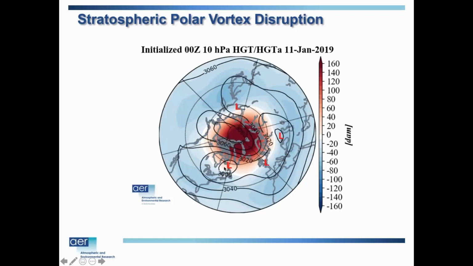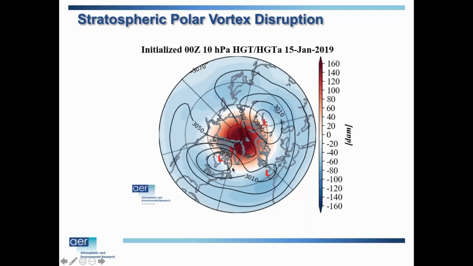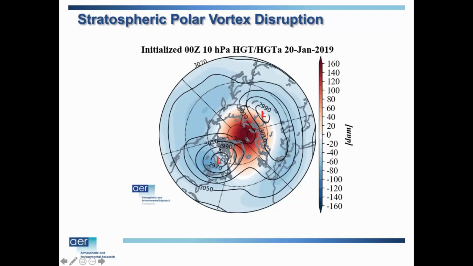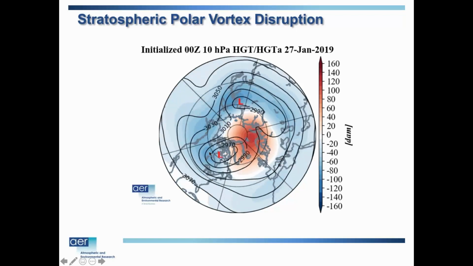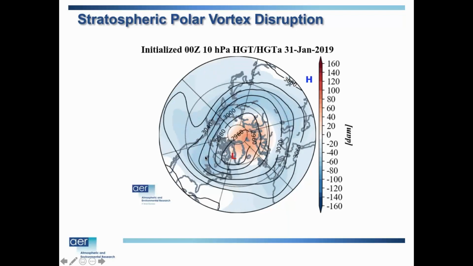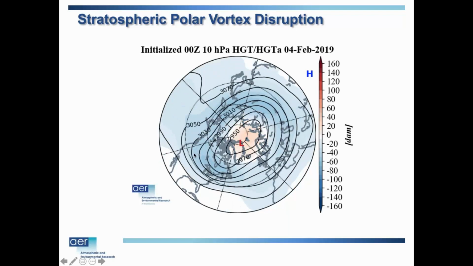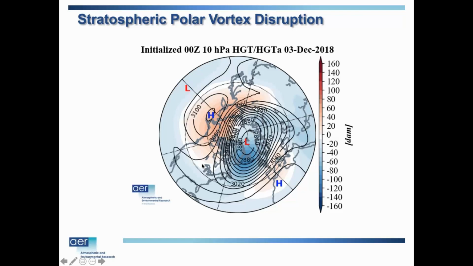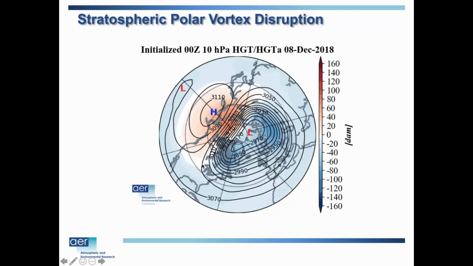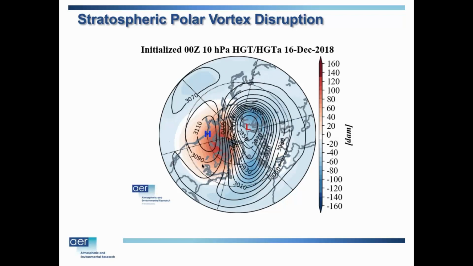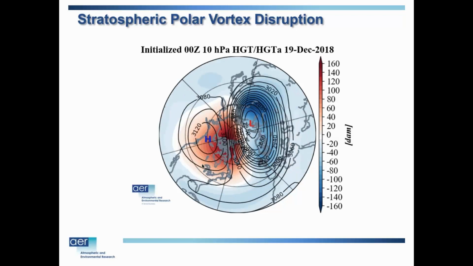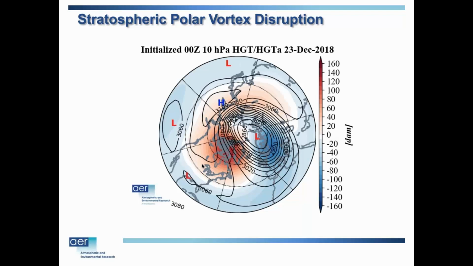But I think this was important for last winter. You can see that you have these 2 little vortices, and the North American one really gets, you can see the blues, the cold temperatures in the stratosphere really focus over the interior of the continent, over the Rockies and the plains of both Canada and the U.S. That really was where the largest temperature anomalies were for the winter last winter.